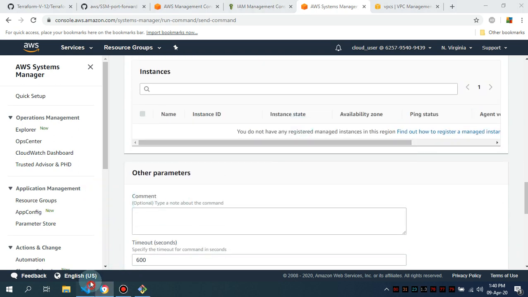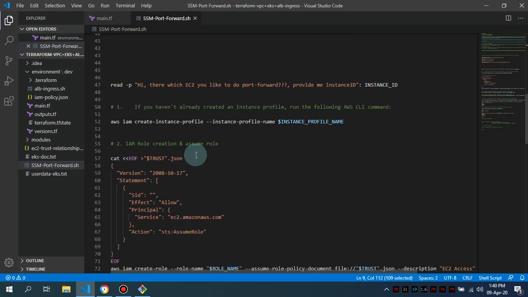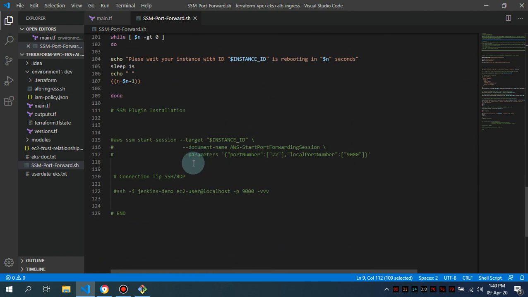Let me show you the commands, and everything is done. So those commands are these. I've commented out these commands, so there is no requirement to automatically deploy that, because of the time SSM takes to make your instance available. So these are the commands. Let's say I'm going to use the